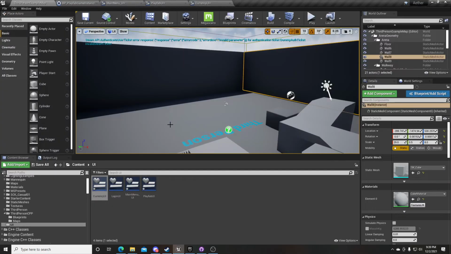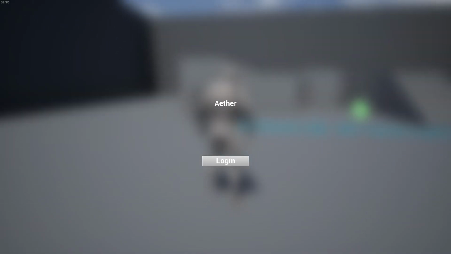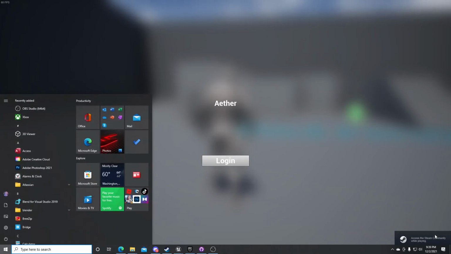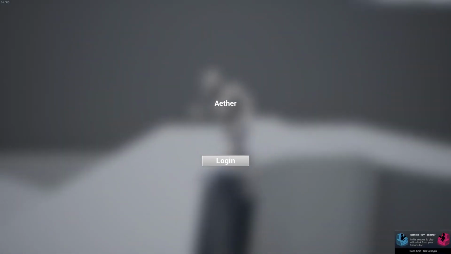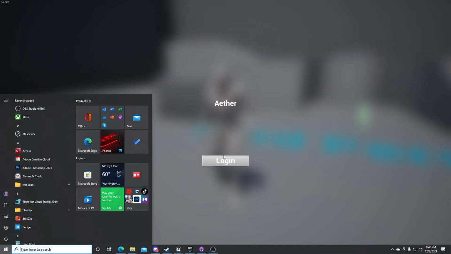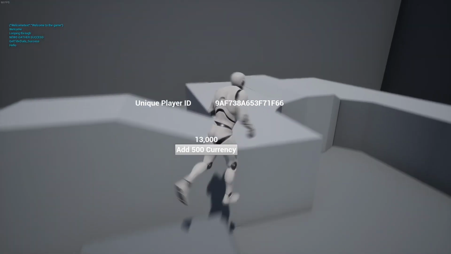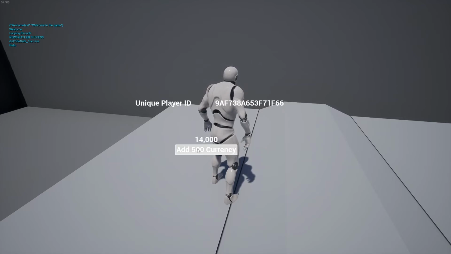Just to show an example, I'm going to launch the game, because I want to show why you want to do CloudScript instead of doing this in engine, because then that means people can do it in engine. So, access to Steam community. This is because PlayFab won't really work unless you're signed in, and we wanted to do a Steam integration. So, login, immediately added. We retrieve our information. We added 1,000,